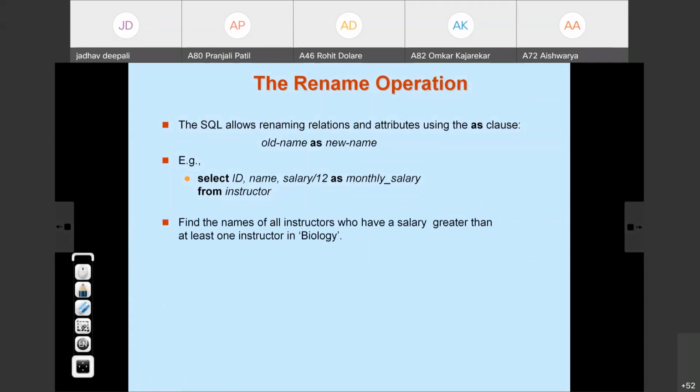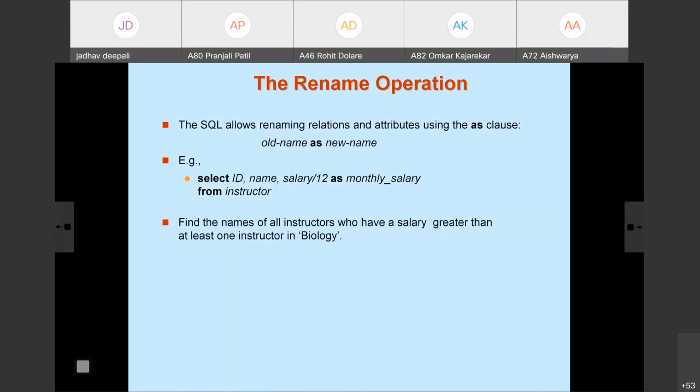What is the statement here? Find the name of all instructors who have a salary greater than at least one instructor in biology. Here we need to compare salary with salary.